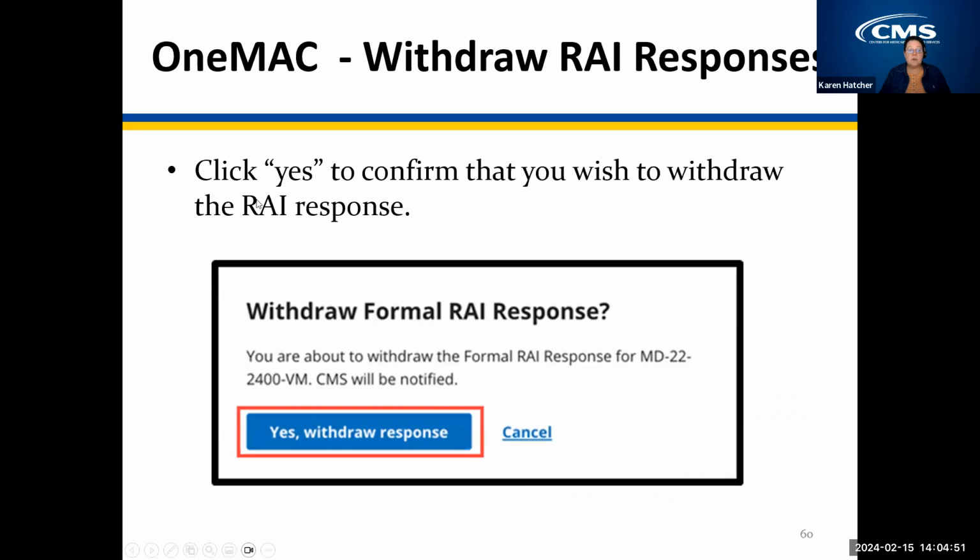Withdrawing a formal response to the REI makes it as if the REI response has never been submitted. You will receive the above message. Be sure this is the correct action to be taken. The SPA goes back off the clock and the review team and the states continue to work informally off the clock to resolve the REI questions.